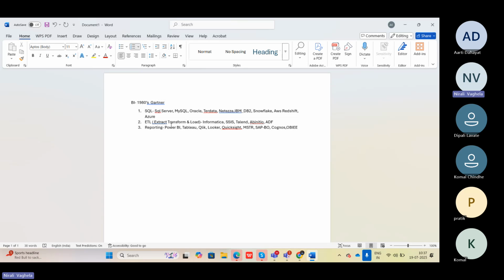Why exactly are we learning Power BI today? If I ask why only Power BI you would like to learn, or maybe Tableau, any specific reason? So yours, you are using it in a job. That's the reason. Others, what came to mind that I should learn Power BI or Tableau? Because it's in the growth stage right now, so you get an opportunity. How will you know that this is in a growth stage?